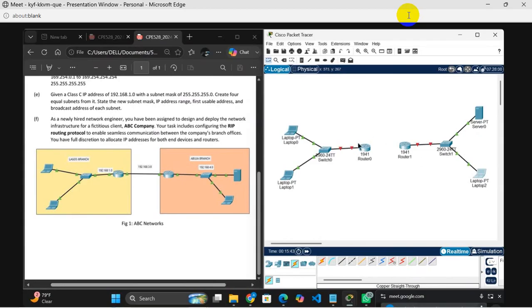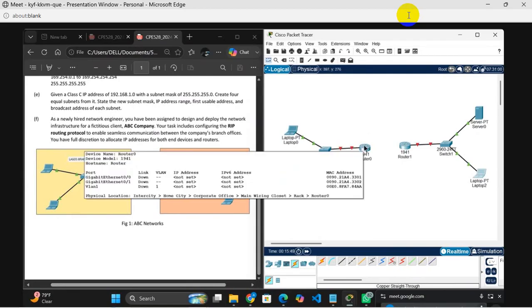So remember, for the Lagos branch, we specified a default gateway of 192.168.1.1. So we need to assign that IP address to a specific port on the router, because the whole point of the router is to be able to connect different networks together. So each port has its own IP address. It's not like an end device where the entire device has just one IP address. But the router, each port has its own IP address, because the function of the router is to connect two or more